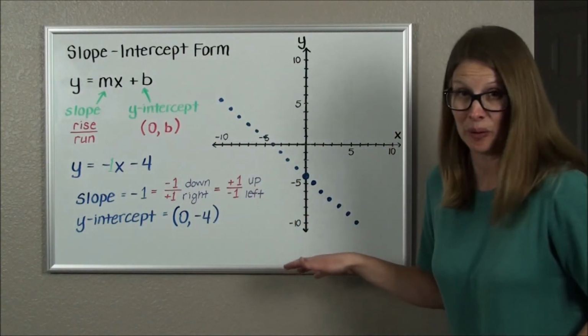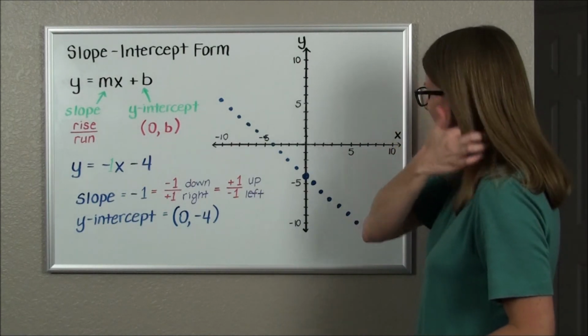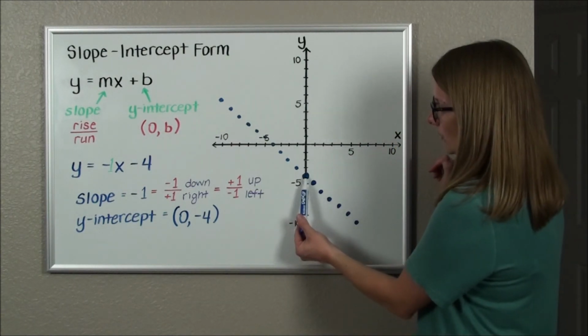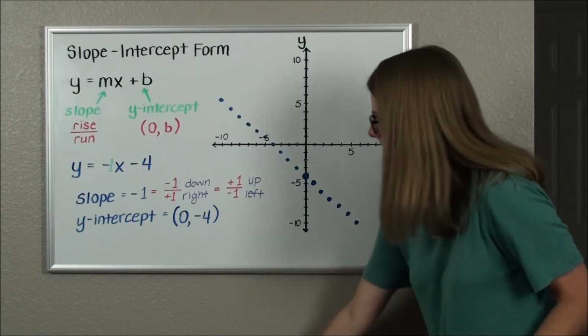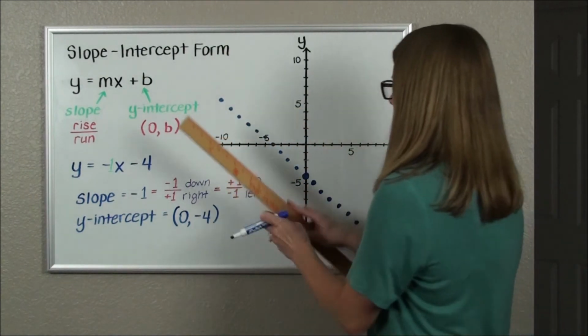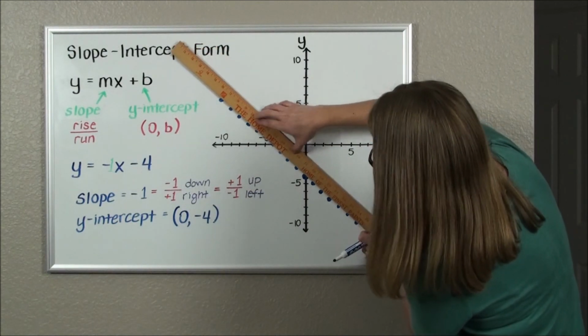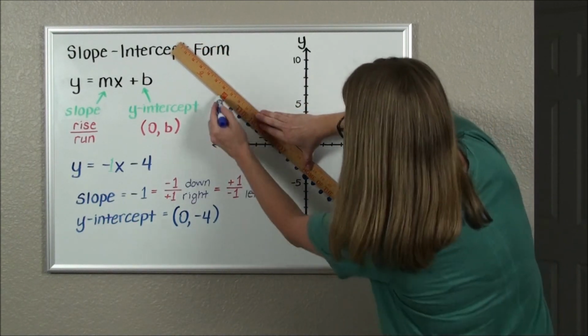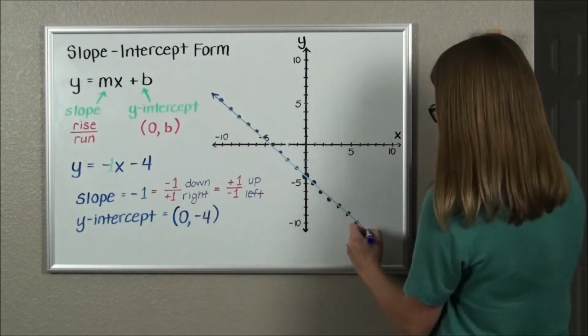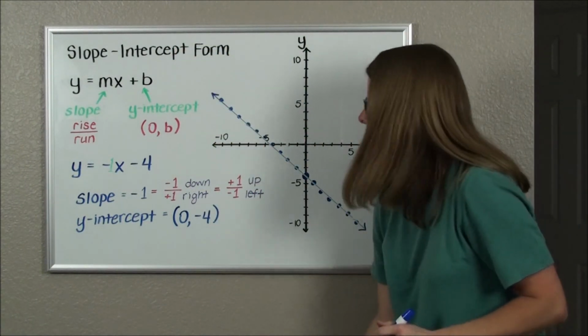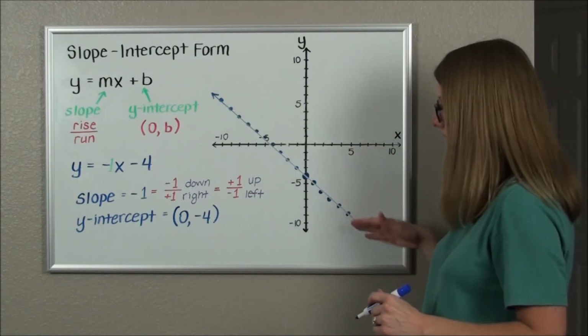So we have a lot of points on this one. This one's a little bit overkill. But we had 2 different options. We had the down 1, right 1, or the up 1, left 1. And what we can now do is take these points and connect them with our straight edge, making sure again that we use arrows to communicate that the line that we just graphed does continue in both